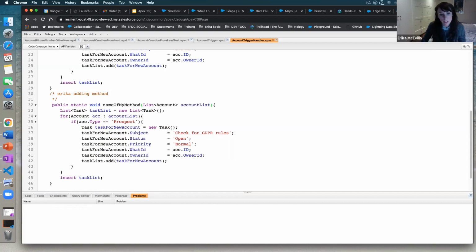Yeah, I know this method already exists. Here I will put my automation as I will write it for a trigger. And because it is a test class, I will need to have that line: insert task list, or update task list, or delete task list, and the name of